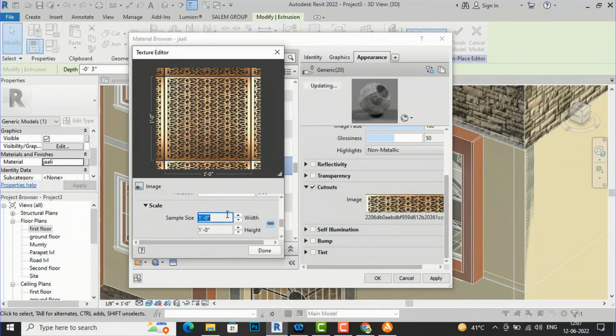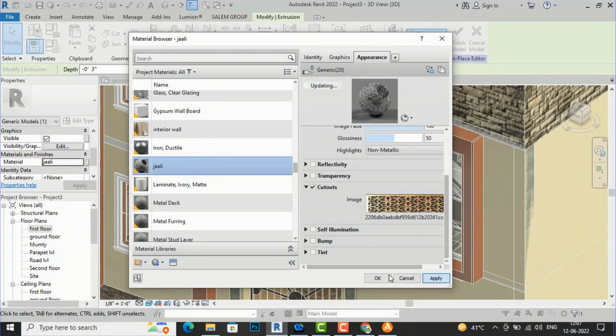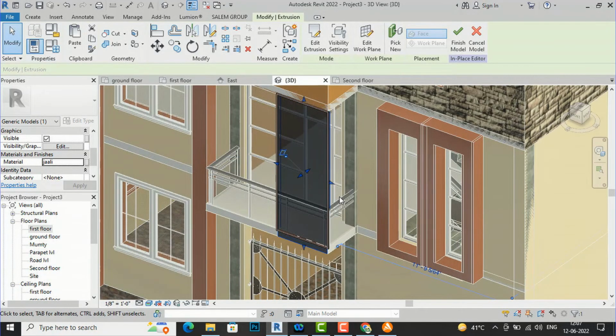So I'm going to change this scale to 3 feet by 3 feet, and I will click done, apply OK,